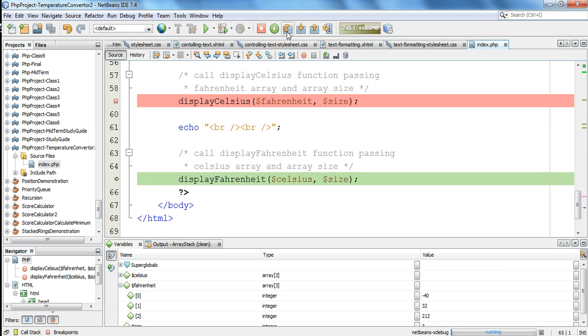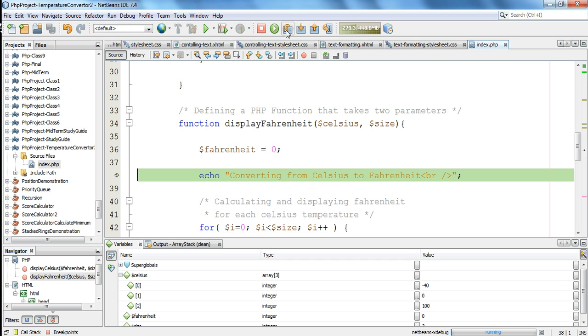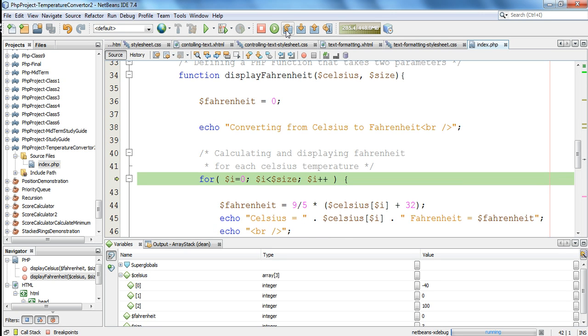Now what we're going to do, though, is step into this display Fahrenheit function because we know it has a problem too. Okay, so let's step into it. There we are in the display Fahrenheit function, and you can see down in the variables tab that we have the variables being used only by this function, right? The Celsius array and the size variable. So let's step over the lines of code in this function too, one at a time,